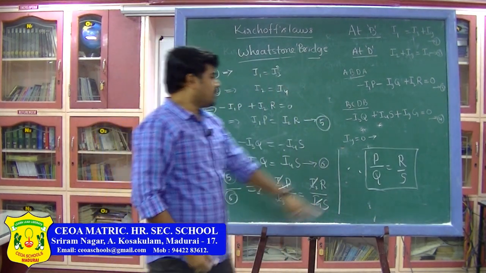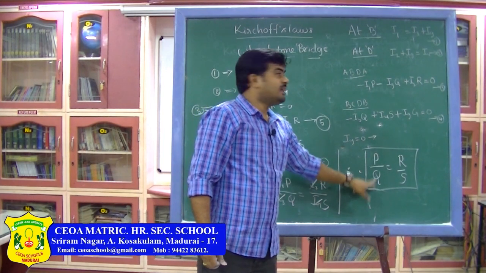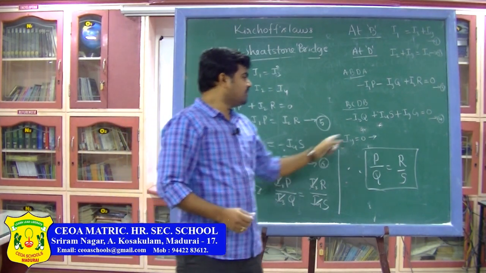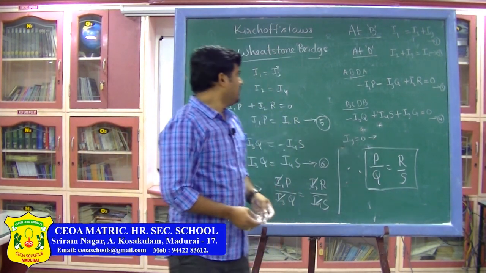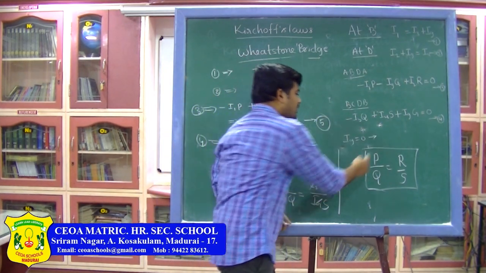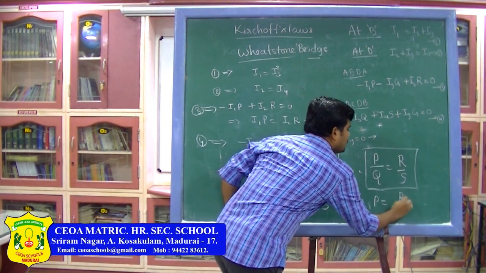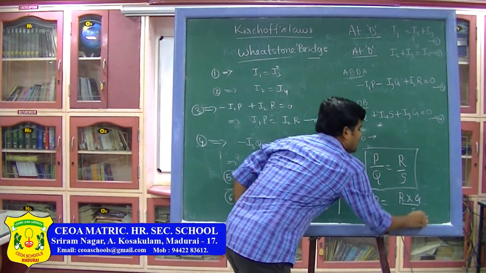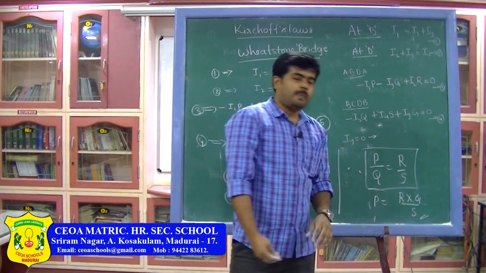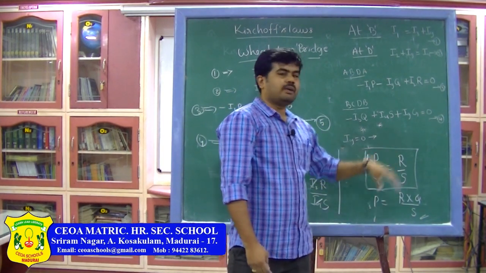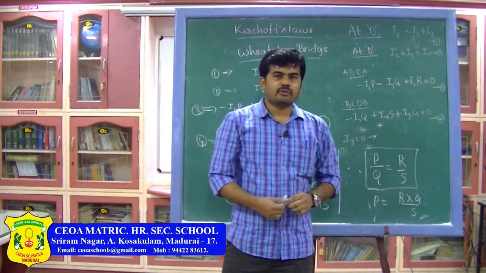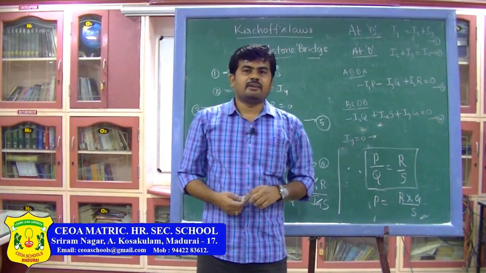So, if a bridge satisfies this condition, there will be no current through the galvanometer, that is the required condition. Now, if any one of these resistor values is unknown, for example, out of the 4 resistors, if one value is not given, you can find out that unknown value. Suppose if the P value is unknown, P is equal to R into Q divided by S. That is the use of the Wheatstone bridge network. You can find out the unknown resistance using the Wheatstone bridge network, and you can also find out the resistivity of the material of the wire using the practical form of Wheatstone bridge, that is called the meter bridge.